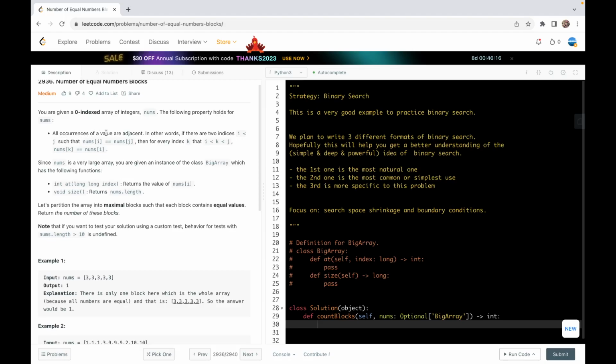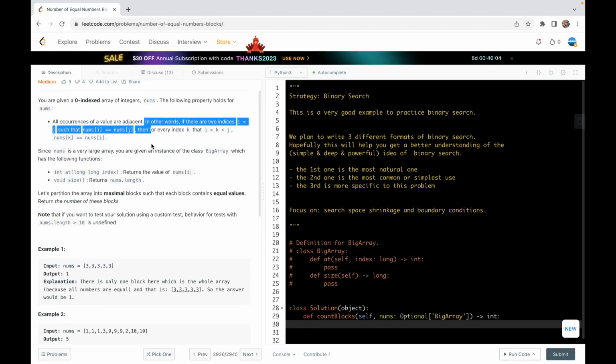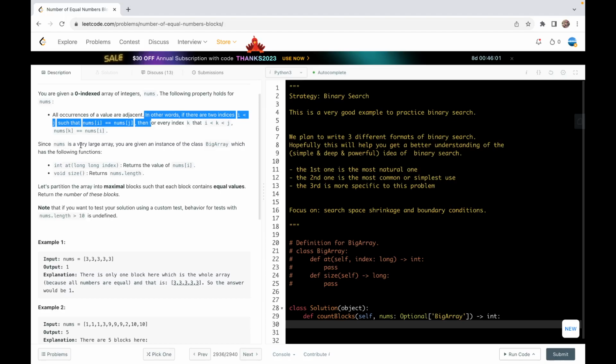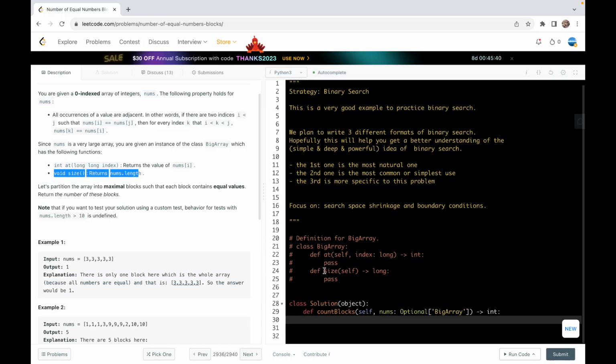So all occurrences of a value are adjacent, right? This is very simple to understand, but here I use some mathematical symbols or statements to demonstrate this one, to make it rigorous. Since nums is a very large array, we are given an instance of class BigArray, which has the following 2 methods. One is at, which can help us retrieve a value at a certain index. And the other is size. If you look at the class definition here, the size method gives us an integer,